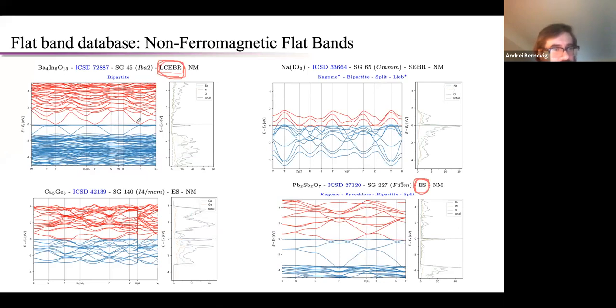So if I fill all these bands, as you said, it tells you that it's a small gap insulator at the Fermi level. I would need to dope a little bit into these bands. But there are some of them, like this one, which is also at the Fermi level. So if you see here in the semimetal, this is at the Fermi level. This one is a metal, but in the sense of the band dipping in and out. In the topological sense, it's actually an insulator.